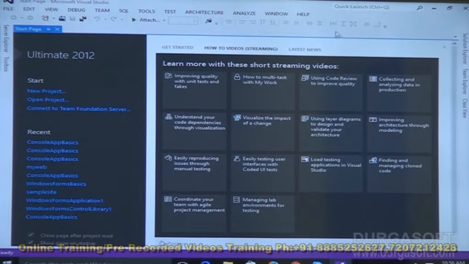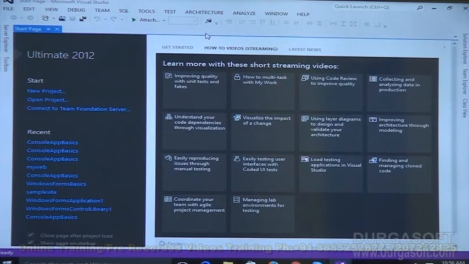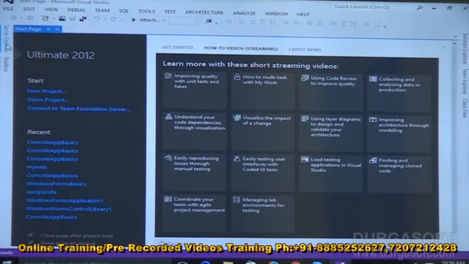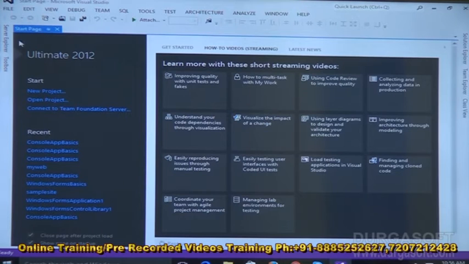Okay, right. After that you can see the Server Explorer in this Visual Studio environment. What is this Server Explorer? With it we can manage our database objects. From Visual Studio we can establish the connection to the database. Server Explorer is used for that, so we can connect to databases like SQL Server.